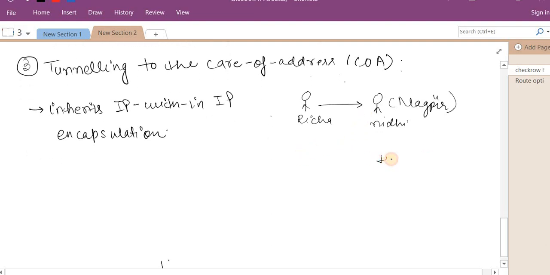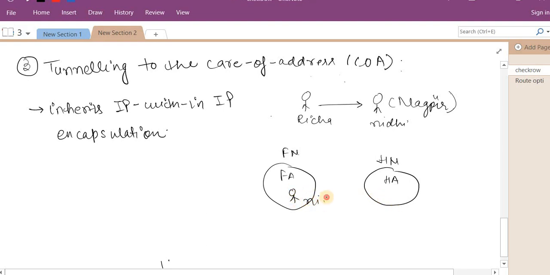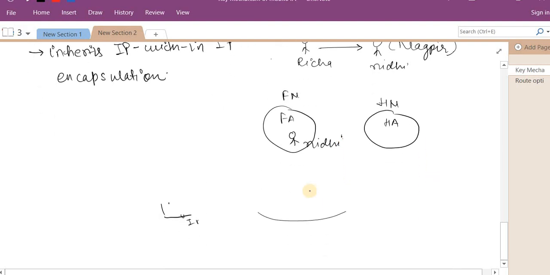suppose this is a home agent, or you can say home network, and here is a foreign agent, foreign network, and Nidhi is residing over there. If Nidhi is residing over there and Richa is an entity which wants to communicate with Nidhi, Richa will initiate one IP packet.